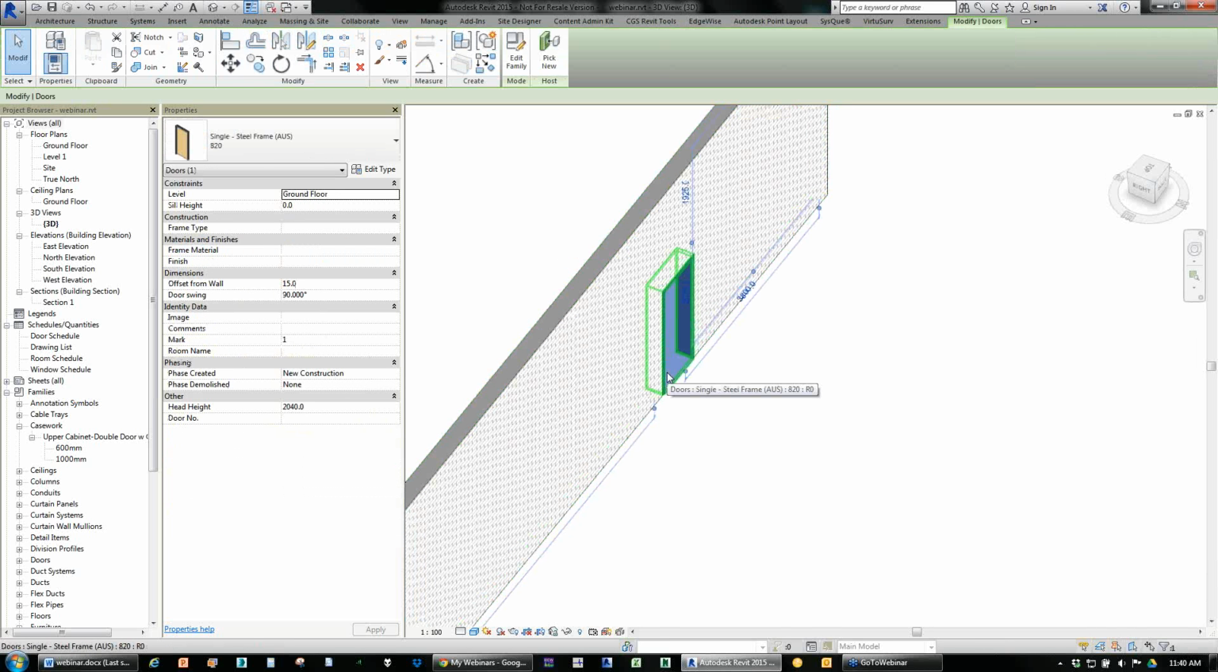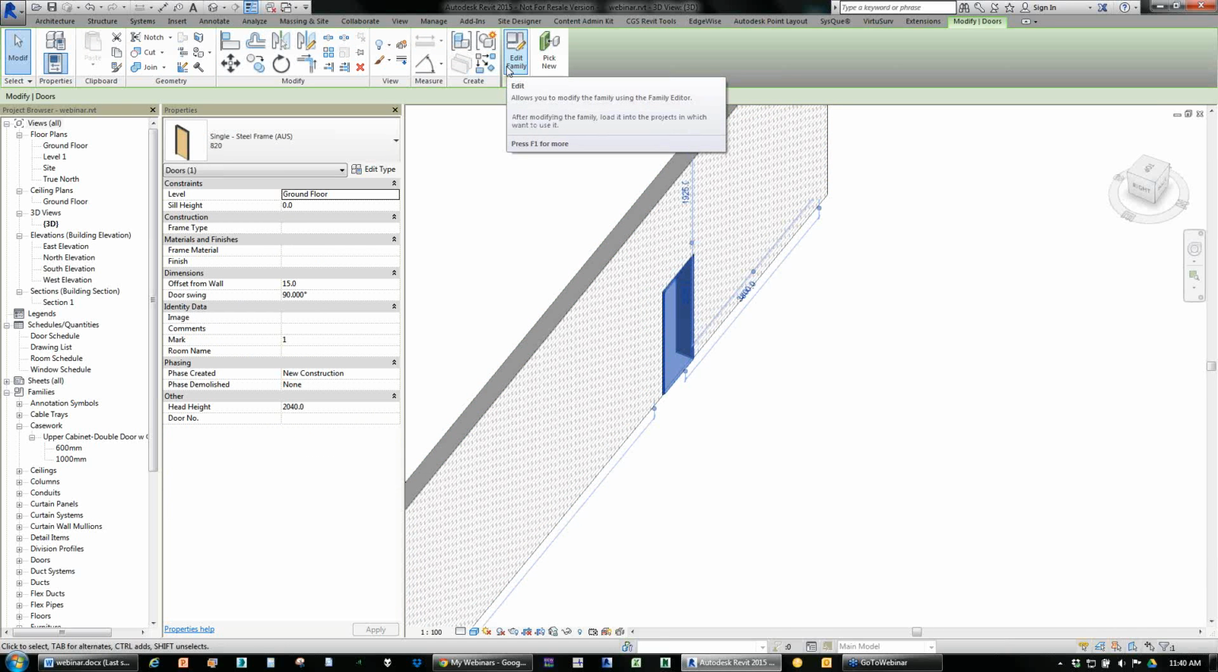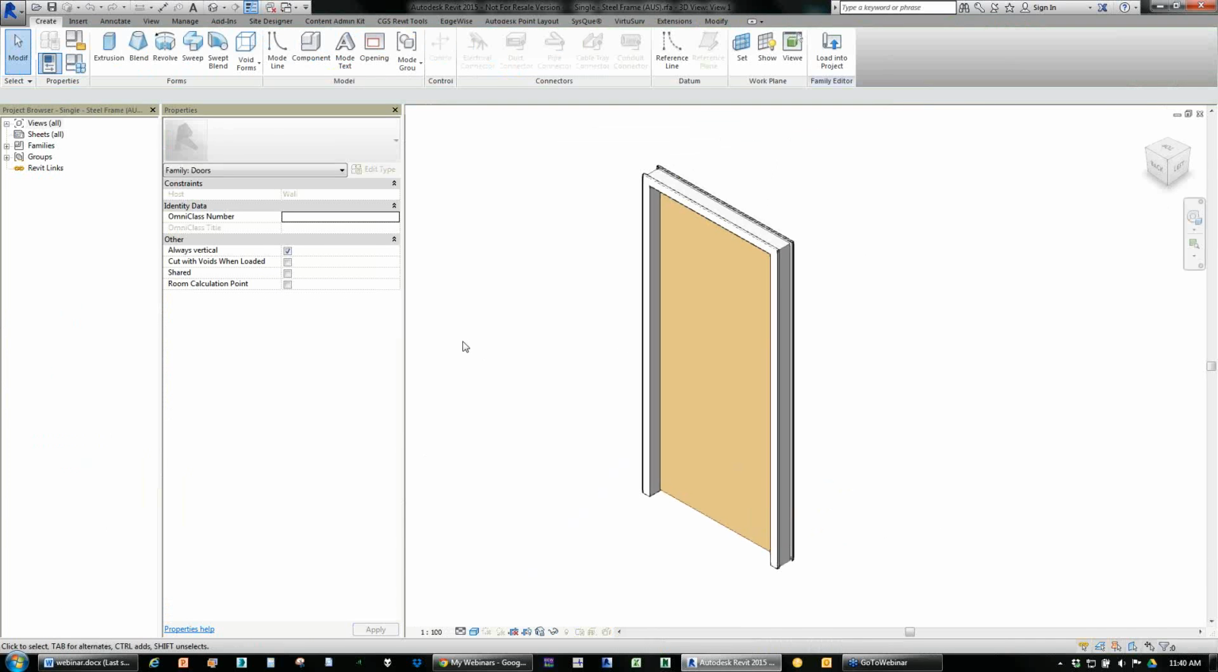Families that are the ones that we can open up and edit, the ones that we can create a library of, the ones that we can download off the internet, and so forth. To look inside a Revit family, we just click on the Edit button, and that takes us into the family